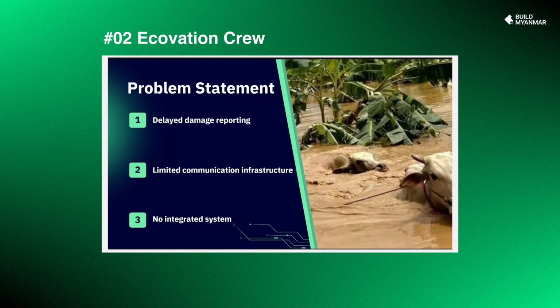One. Delayed damage reporting. Rescue teams often don't receive information until it's too late to reach everyone. Two. Limited communication infrastructure. Many remote areas lack the ability to quickly contact emergency services. Three. No integrated system. With no centralized platform, responders struggle to gather real-time data and coordinate effectively. So, Arr Ai is our response to this urgent problem, built to bridge the gap and ensure that families never face